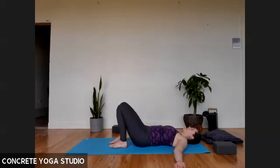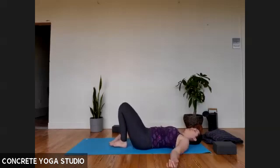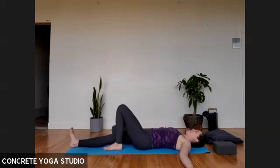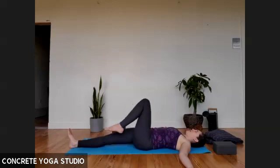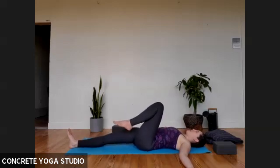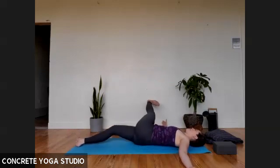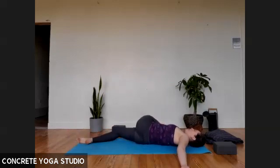And then for the other side, if you need to, shift over towards the left side of your space. You've got plenty of space. Start by straightening the right leg. And then either draw the left knee in and cross it over, or extend the left leg up and cross it over. Bringing the leg to rest on the floor, or if it's comfortable, bringing the left big toe into